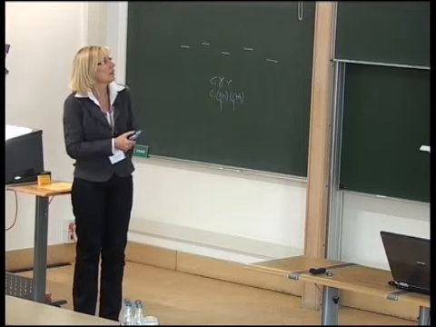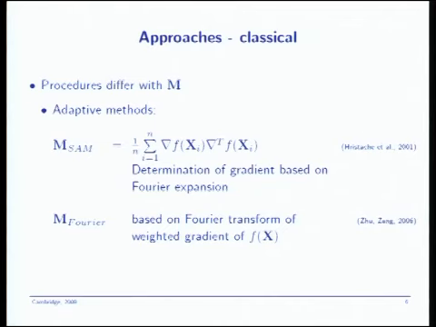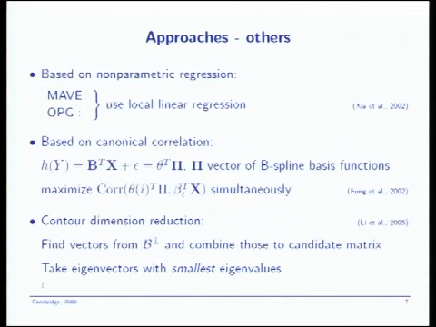Okay, so there are also adaptive methods where this matrix M is found by gradients. So you try to find the gradient of f and look for a direction of steepest ascent or steepest descent. And that is done, well, usually based on Fourier expansion and so on. One can also take weighted gradients. So these are all possibilities to find the matrix M. It can also be done by using local linear regression, like in MAVE, which is an abbreviation for